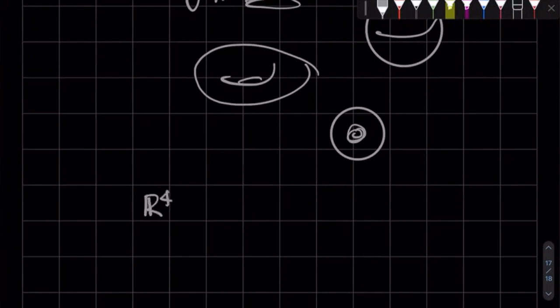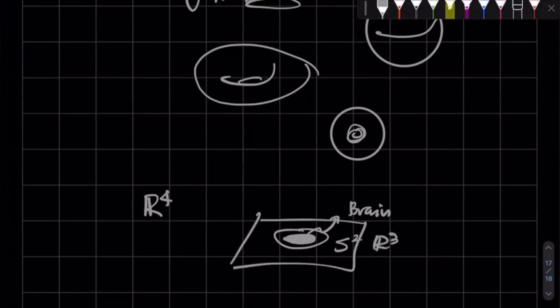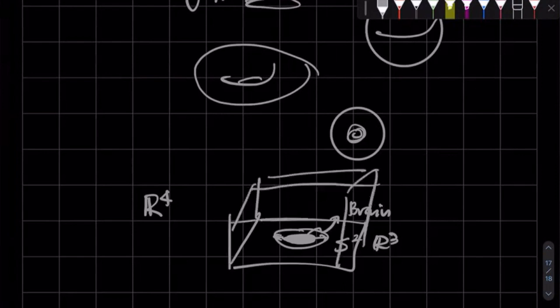So I embed our S2 in an R4. Suppose this S2 is your head, and inside your head is your brain. If we embed it in R3, which is our space, the brain cannot get out. It stays snug in your head. But if I add another dimension, then in R4 your brain can pop out of your head, similar to how we can put our hand through a ring.